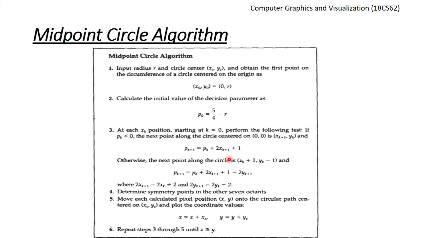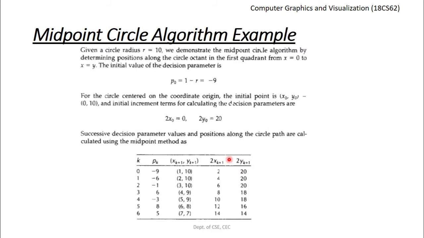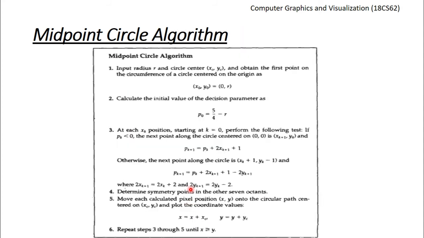So at every point of time we need to check if the value of x is greater than or equal to y. Did we get any condition there? No. We are yet to reach that particular step. So at P3 the value of the decision parameter was found to be 6. So increment the value of x by 1, decrement the value of y by 1. 3 becomes 4, the value of y from 10 is decreased to 9. So we find 2xk plus 1, 2yk plus 1. 2 into 4 will be 8 and 2 into 9 will be 18. Again repeat the same step.